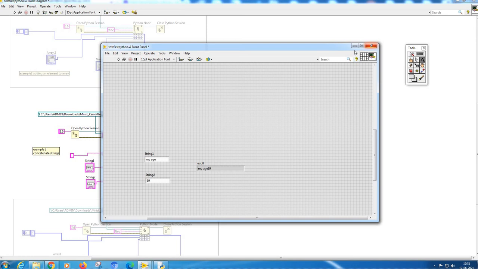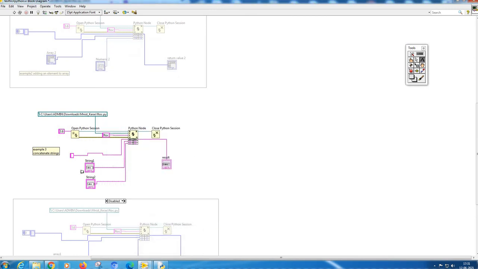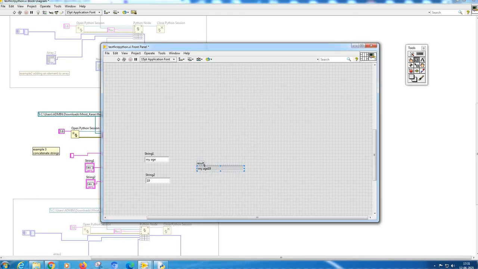This is how you can combine LabVIEW and Python. The Python program is called through this function, and the result is put at the result. So when I double click on result, this is what the result was coming.